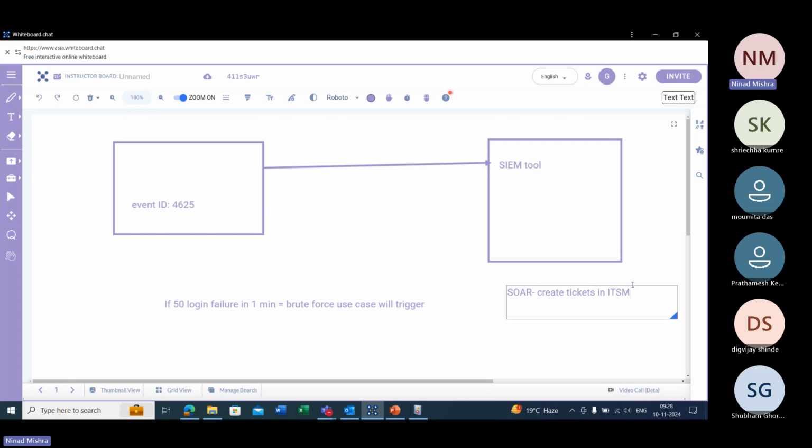Then it can probably trigger an alarm or send a mail notification. Let's say if this alarm gets triggered, it can send a mail notification to the end user, or to whoever the emails are assigned to, and it can also send